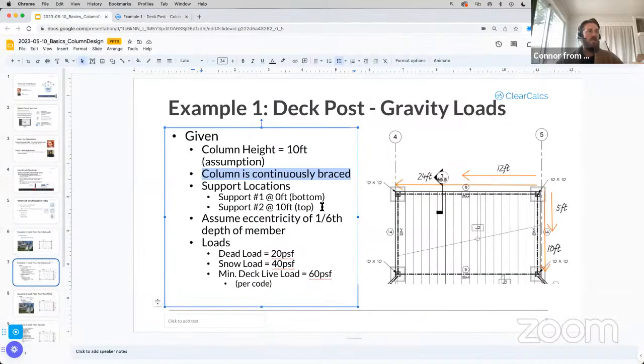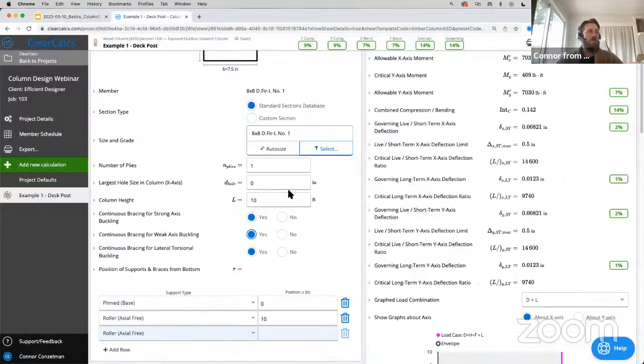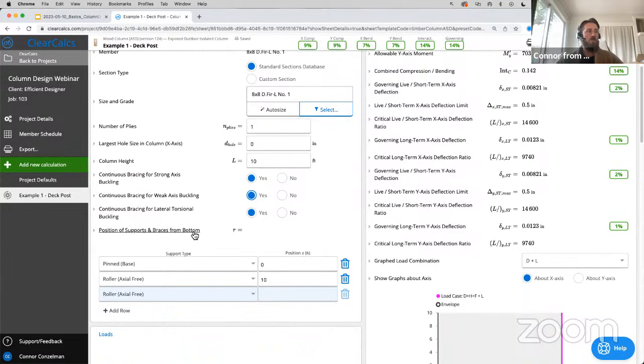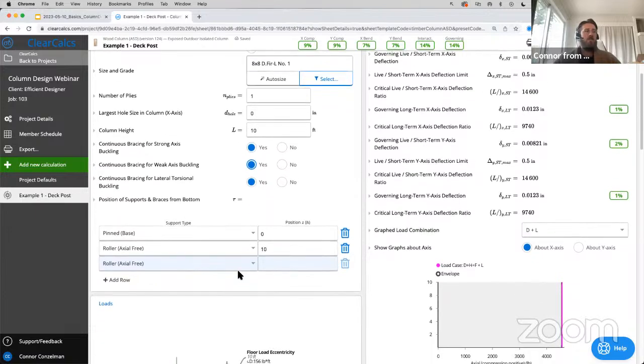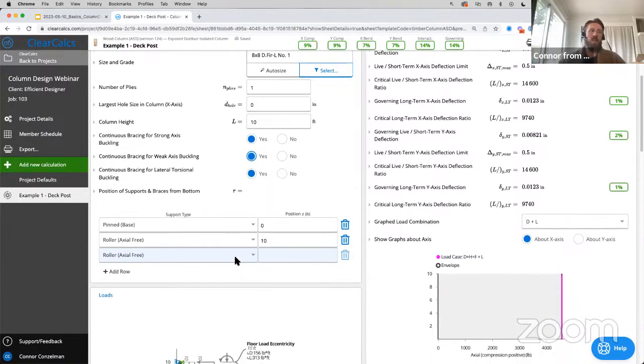Next, we know we have a pretty simple support condition here, just supports at the bottom and at the top. So if I scroll down here to our supports, we can see that ClearCalcs is defaulting to a pin support at 0 and a roller support at 10. Now, if we did have, for example, any intermediate bracing that we wanted to add and we didn't have this continuous bracing that we toggled on,